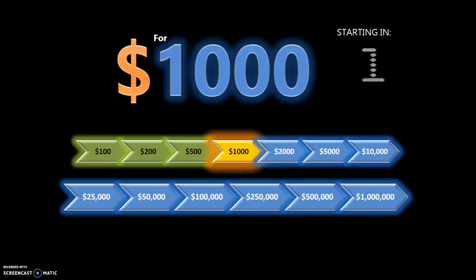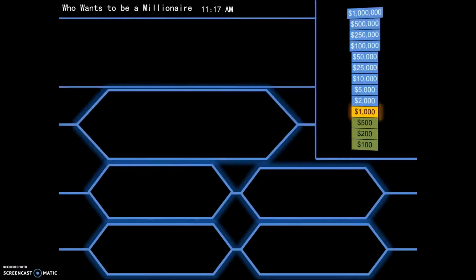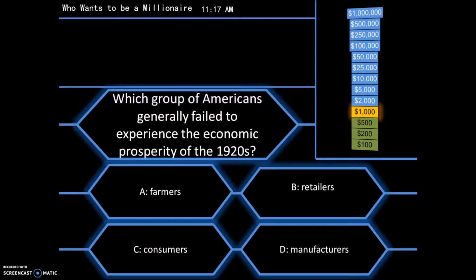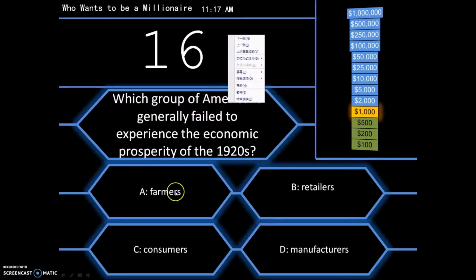Next question worth $1,000. Which group of Americans generally failed to experience the economic prosperity of the 1920s? A. farmers, B. retailers, C. consumers, or D. manufacturers. So for this period,